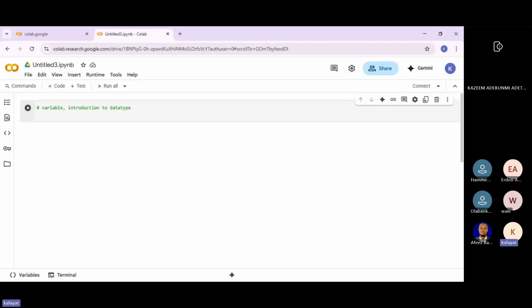For instance, you want to add two numbers, and you want to use them continuously in your program. You don't want to keep calling the two numbers, because sometimes you might forget. So in order to keep that in memory, you use a variable.